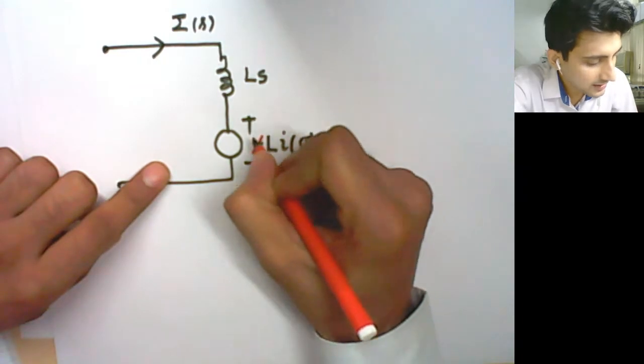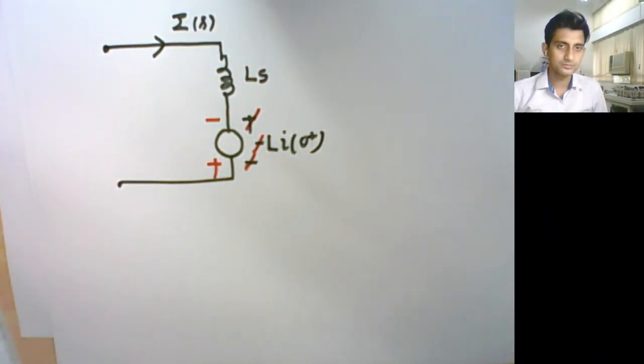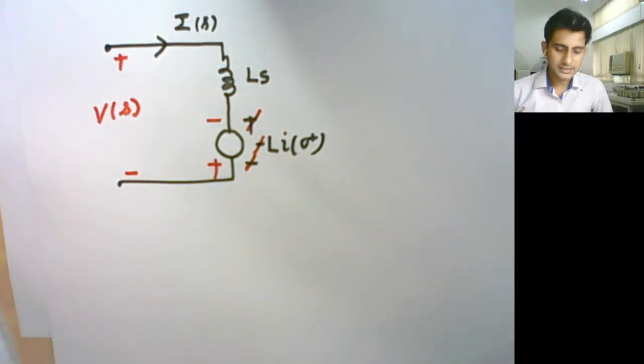So I can write this one negative, this one positive, this one negative; cutting here, minus here, plus here. And this particular thing would be equal to your Vs. We call it a transform impedance representation, or transform impedance method.